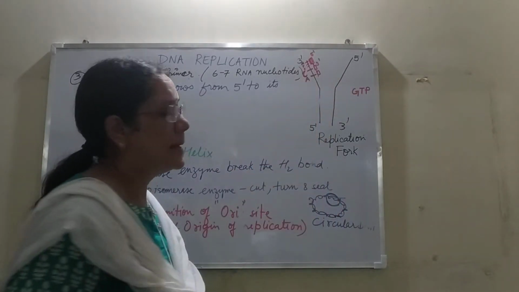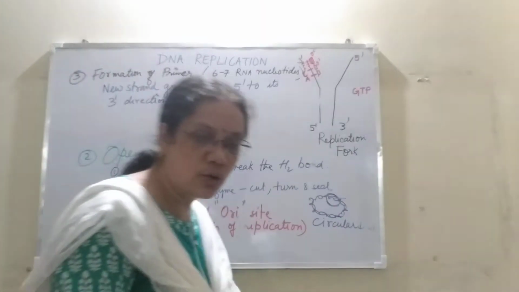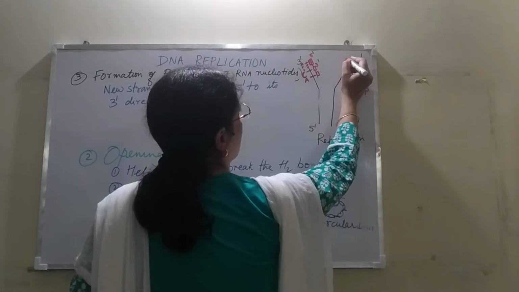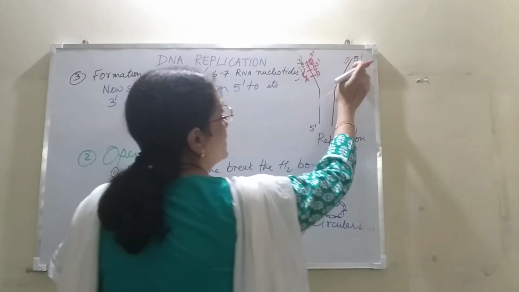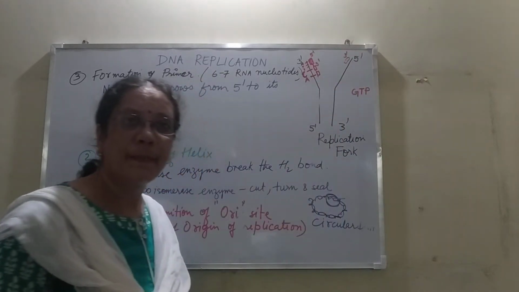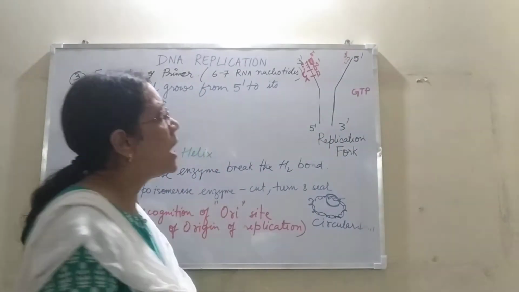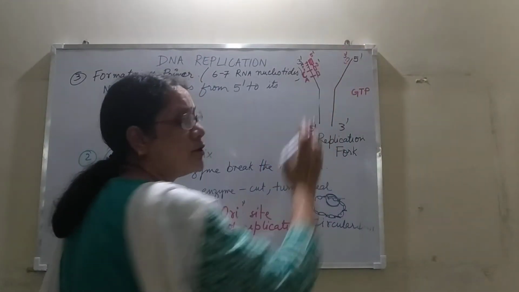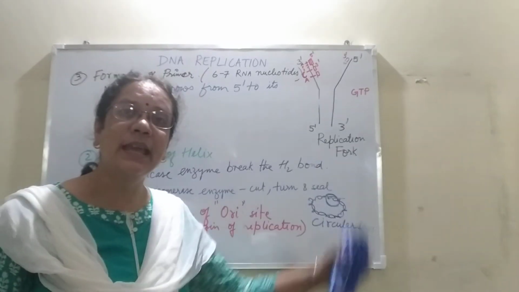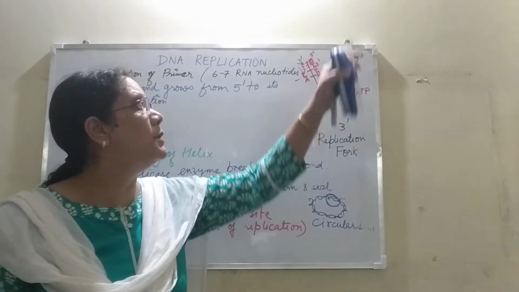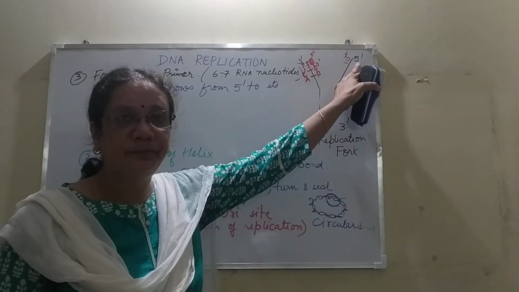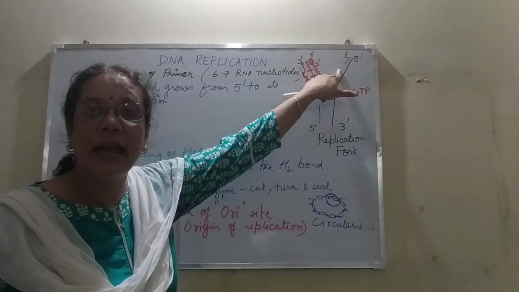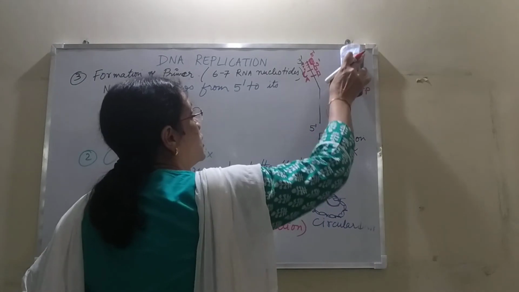Now what about this? The RNA primer should also join to the other end. So definitely it can come and join here, isn't it? Now, if this is here, so this should be the 3 prime, that is the 3 prime should be opposite. But how can another nucleotide come and join to this side? Because there is no nitrogenous base which is free at the 5 prime. There is no nitrogenous base beyond this black line. So what happens? Here the RNA primer cannot join.